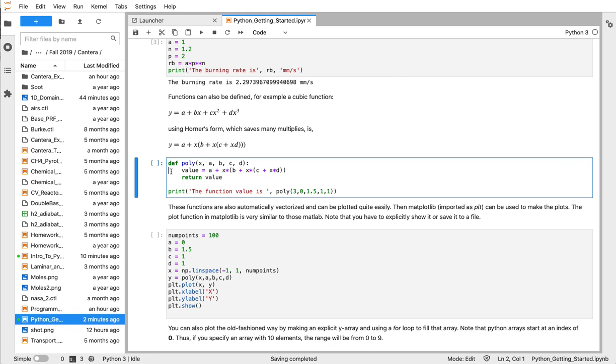And now how Python decides whether you are inside of a function or a loop or something like that is by the level of indent. So basically, if you are indented inside of here, this means that this term value is computed inside of this poly function. And then if there's a value that you want to return, you just type in return and then whatever you want to return. Okay, so I've defined the return value for this polynomial, and then in this line here I'm going to write its output. The function value is, and I'm going to use the polynomial with the x value of 3